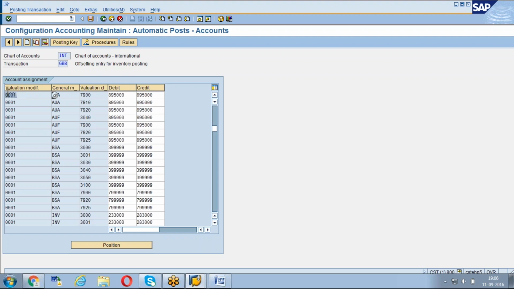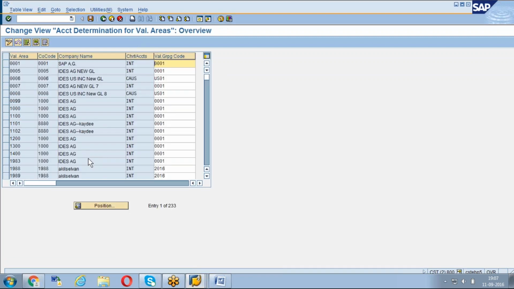If you are assigning the valuation modifier to this line, means all the valuation areas under this valuation modifier are assigned. You assign 0001 to this combination, equal to assigning all these valuation areas, whatever is available with 0001. 0001, 1000, 1100, everything it will be applicable.